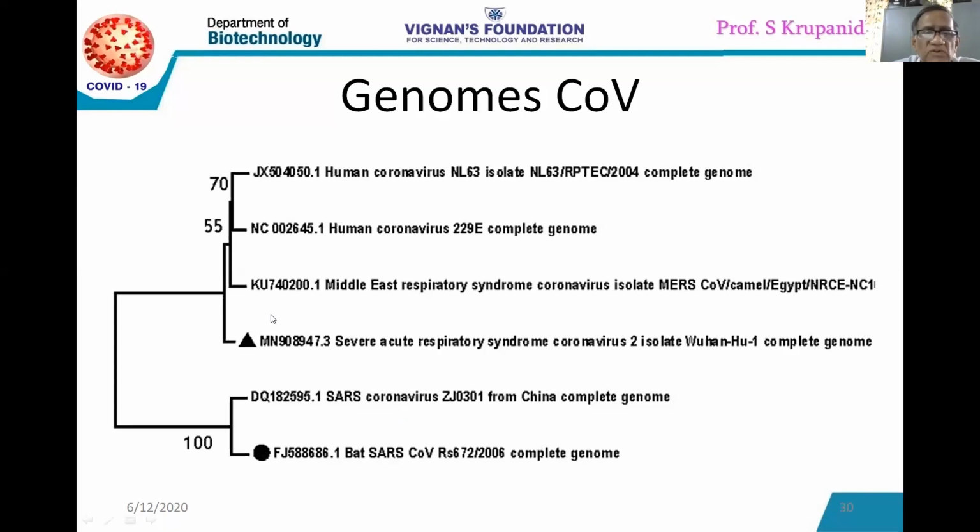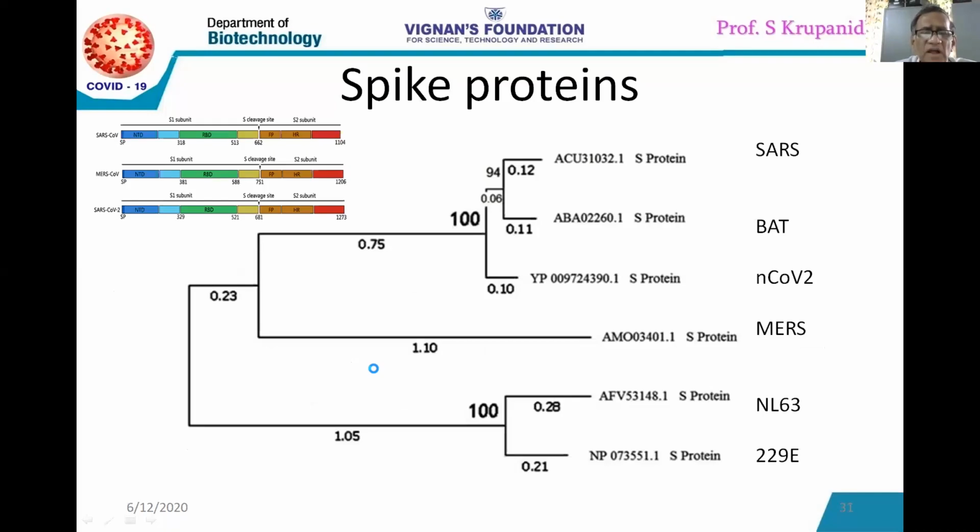Next we will see. Here the MERS coronavirus is also closely associated with the next offshoot. This offshoot and this one have not formed a primary cluster. Clear? The other ones are alpha coronaviruses, that is 229E coronavirus and NL63 coronavirus. These two alpha coronaviruses have constituted a single cluster. That means it is away from the tertiary cluster of beta coronaviruses. Clear?